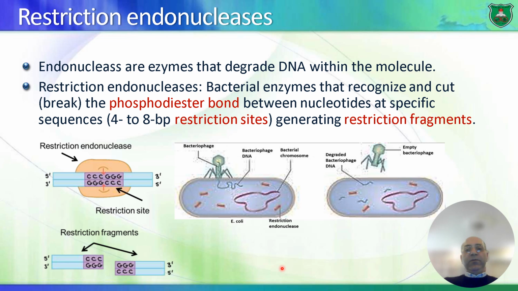And the natural purpose of these enzymes is to cleave bacteriophage DNA. So bacteriophages are viruses that can infect bacterial cells, and they take over these bacterial cells. They infect these bacterial cells. So they insert their own DNA, and then they take over. So what bacterial cells do is that they express restriction endonucleases that cleave the bacteriophage DNA so that they cannot